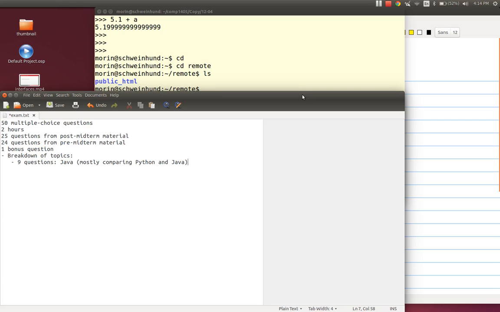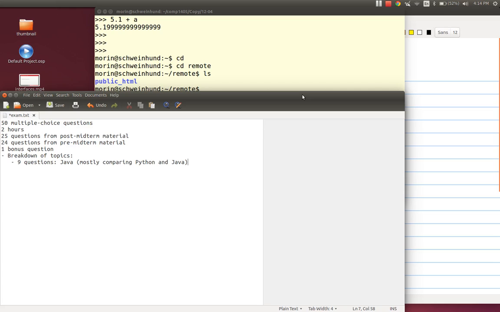What's the equivalent thing in Java? Or, you know, Java has arrays. Is there an equivalent thing in Python? So that kind of question. But keeping in mind that these are multiple choice questions, so there might be more than one answer, but there won't really be more than one answer that's available to you on the exam.